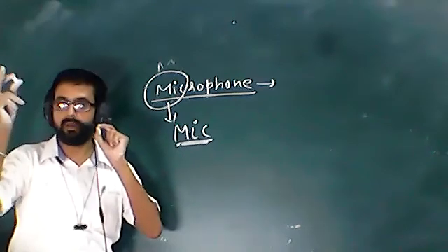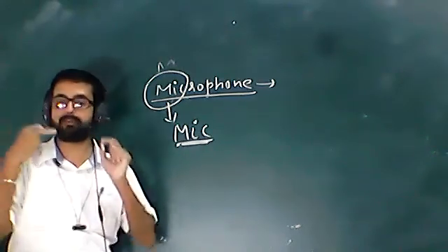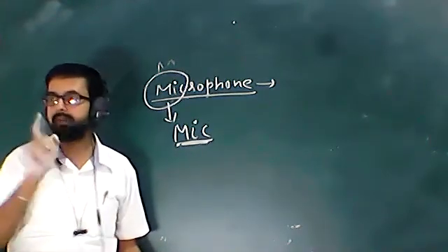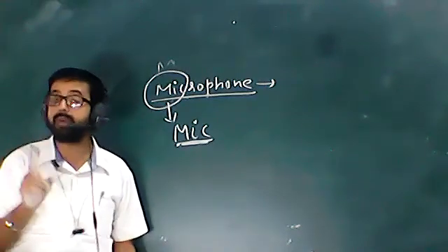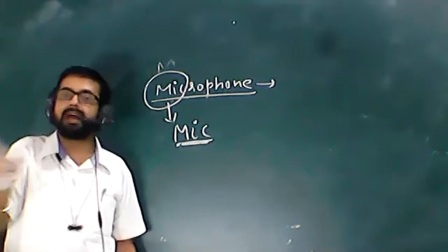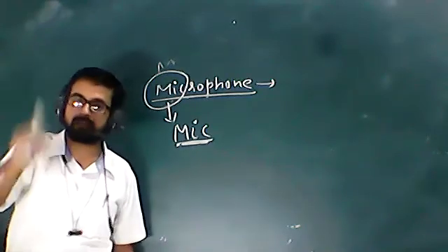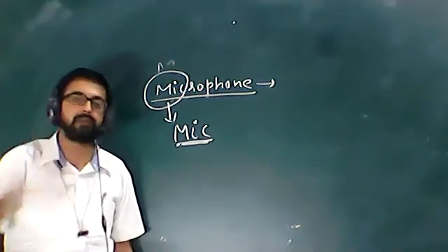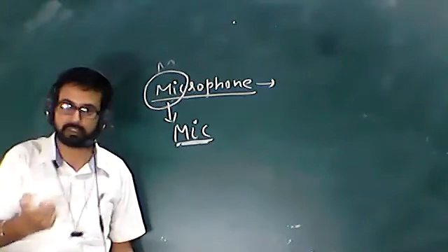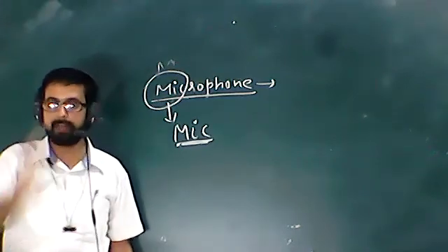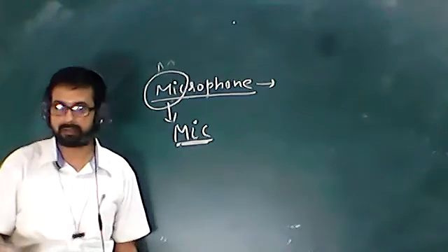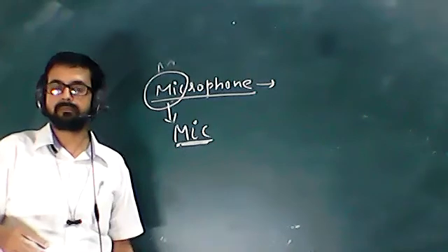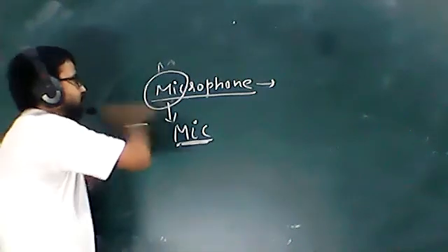With the help of your speaker. With the help of a speaker, I am speaking, which means I am giving what? Input, in the form of sound, and you all are listening with the help of your speaker. So that is an output device, and this is your input device, as I am giving sound to the computer system. So with the help of an input device, we just give our sound to the computer system. That device is your mic.